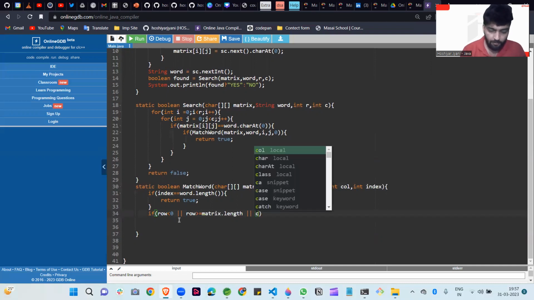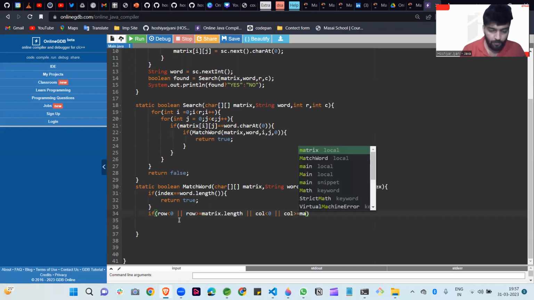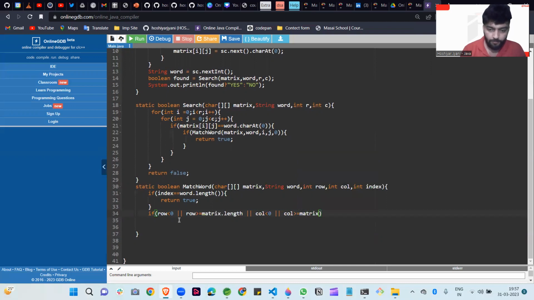After that, column is less than 0, it can also happen. After that, column is greater than or equal to matrix of 0 dot length. Why am I writing here 0 dot length?